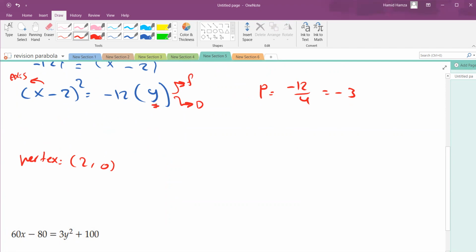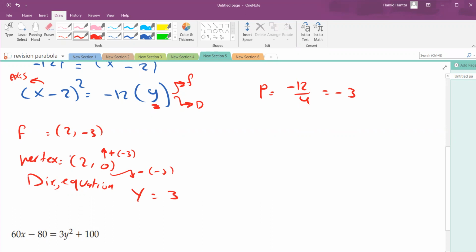الورك: we will change y. يبقى change y here، plus negative 3. الفوكس هتبقى 2 and negative 3. الدايركتريكس equation y equals positive 3. وال axis of symmetry equation بعكس الساين بتاعته، يبقى x equals 2. اهي يا شباب تمام كده؟